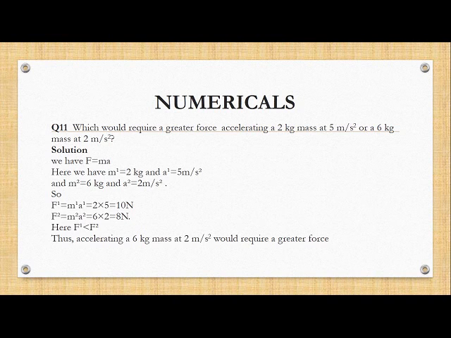For the exam, children, lesson number 8 is covered. Please go through all the PowerPoint presentation that I have taken for lesson number 8. Go through the notes, go through the graphs very nicely children, and also go through the textbook.